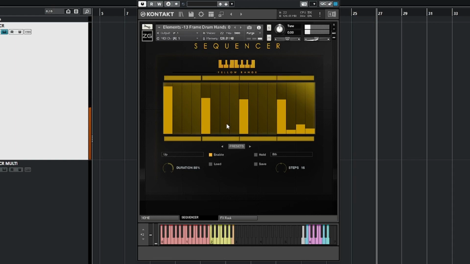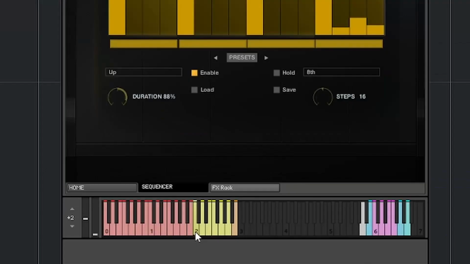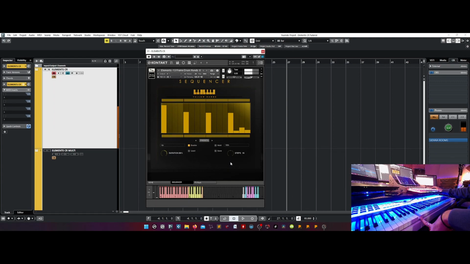Now you can see the blinking of these graphics, and the sequencer is playing this first note. Of course, I can change the timing.